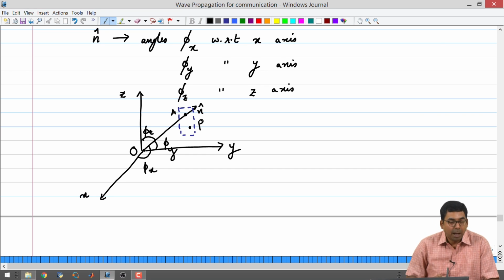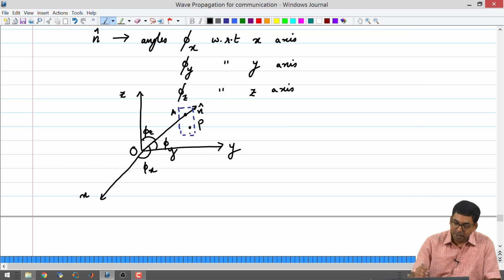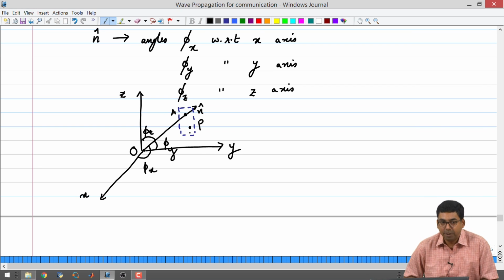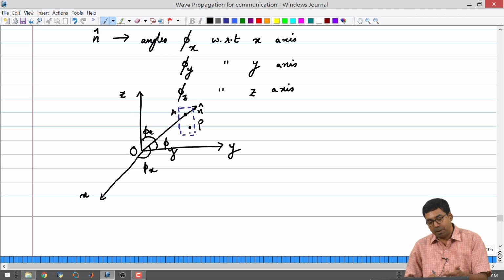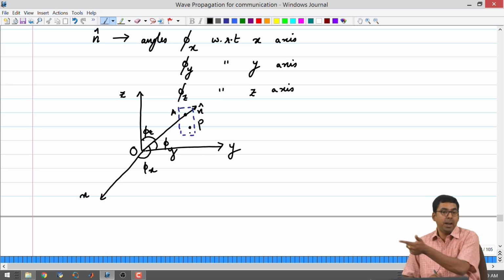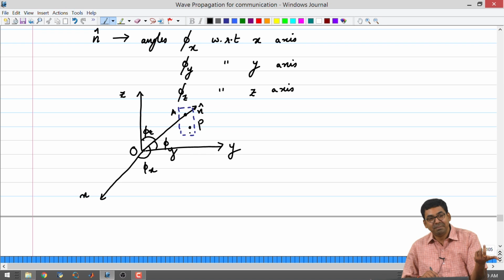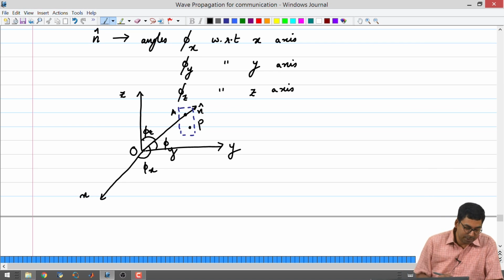So, you could draw a large plane, and if you take the point P, it is lying on the same phase, okay. But the way we have drawn a coordinate system over here, it is perfectly possible for me to draw a vector from point O or the origin going to this point P, but it will not look like n hat, okay. It is the way we have defined the coordinate system. You could always draw a different vector,